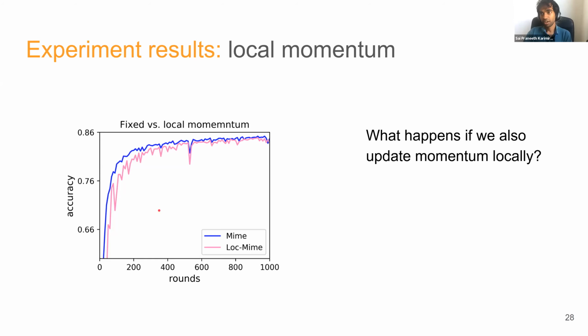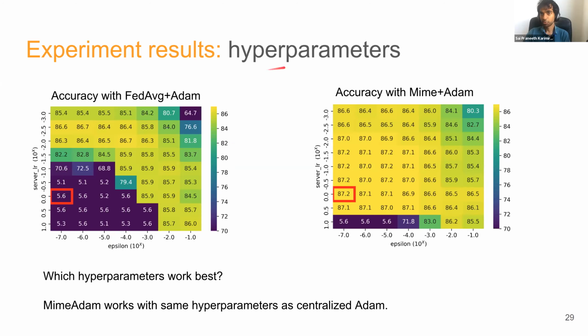Finally, I also want to look at what happens when you combine it with Adam. You can use this framework to combine it with Adam. Here, Adam actually has another hyperparameter which people previously have found is quite important to tune. It's this epsilon hyperparameter, which is used for stability. And you can also tune the server learning rate for Fed average. So if you tune both the epsilon and the server learning rate, the best accuracy for Fed average does indeed match MIME. But